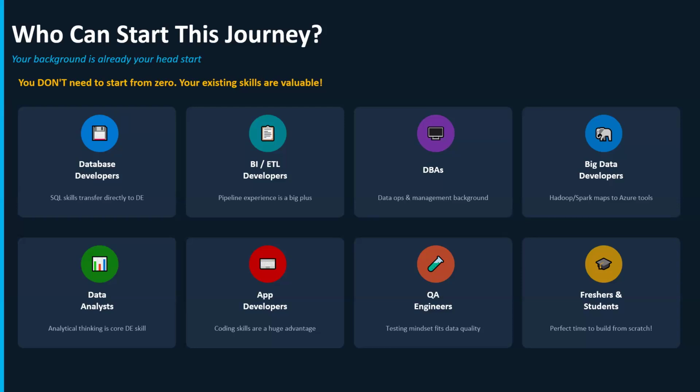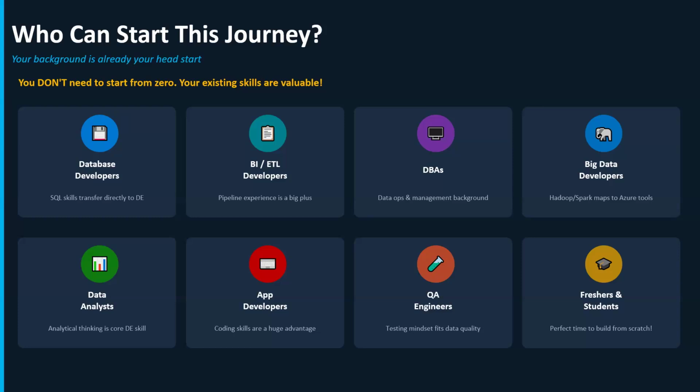And of course, if you're an app developer, like .NET, Java, or any other application developer, you already have the coding skill, so there's a big advantage. Of course, some people are asking about exclusively app developers plus data engineering, right? And also if you are a QA engineer, of course,